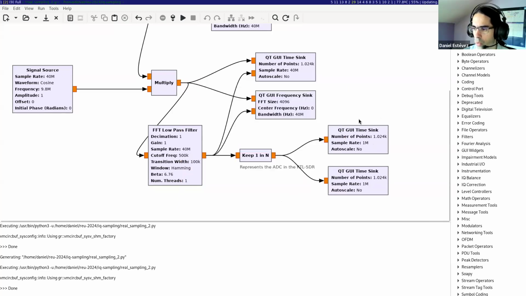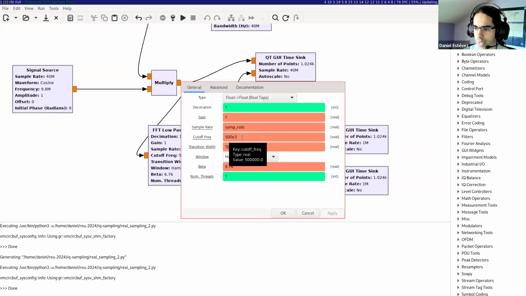So with a 1 megahertz sample rate that I have in here, according to what we saw at the beginning, the maximum frequency we can represent is 500 kilohertz. So anything which is above 500 kilohertz, for example, 600 kilohertz, it might be better removed by this filter, because